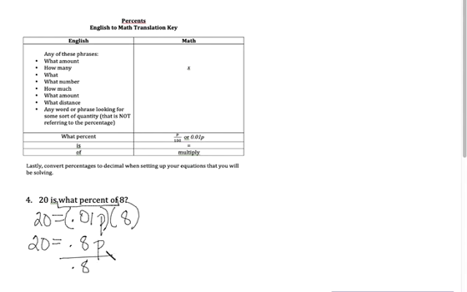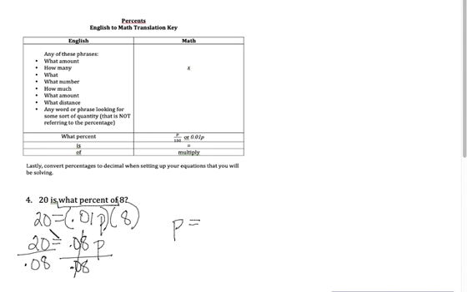Hold the phone. I might be off a decimal place here. It might need to be 0.08 here times 1. Yes, I'm off. I need a 0 here. Okay, so it's 0.08. All right, and now I need 0.08 right there. Okay, so this simplifies into 1, becomes 1p, and then I'm going to take 20